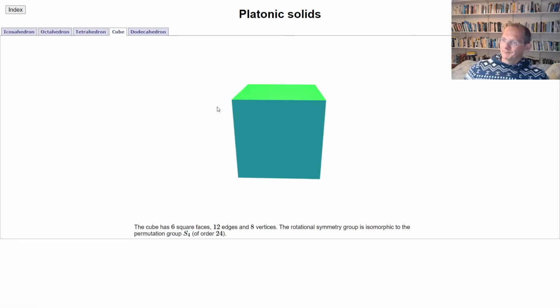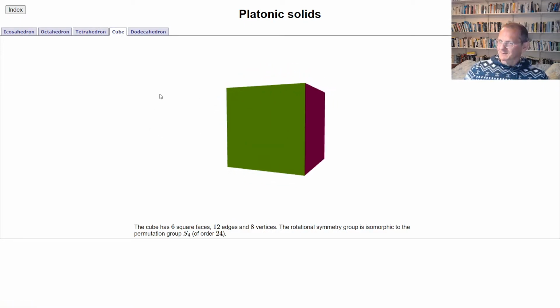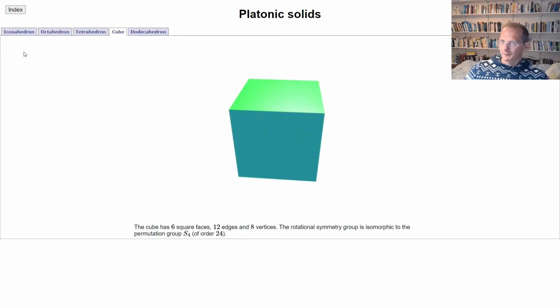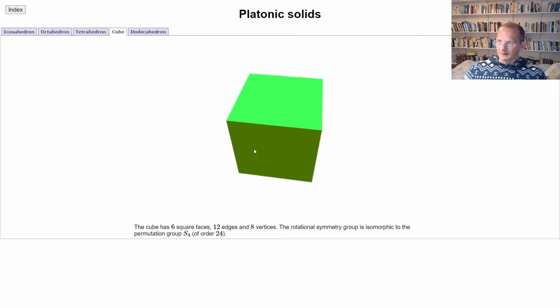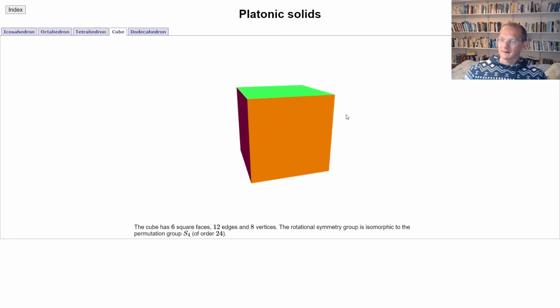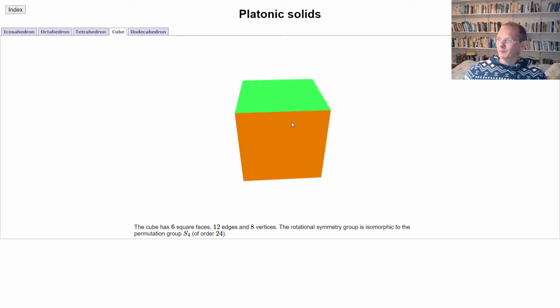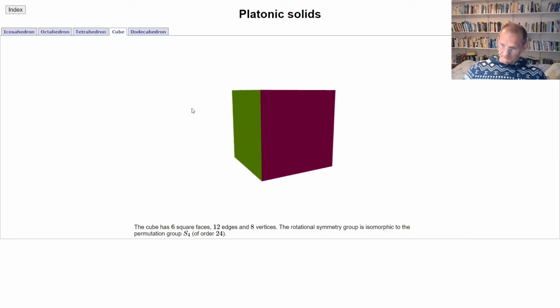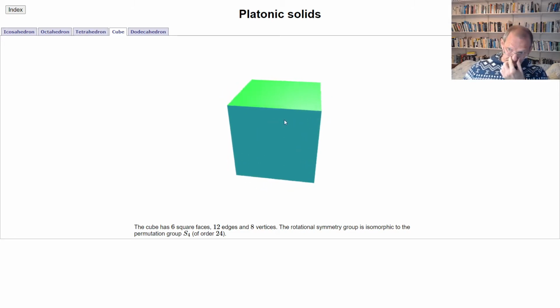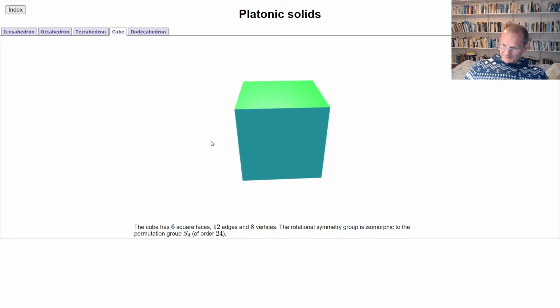Now we're going to look at the cube. Kind of simplest of these, really, in some sense. But now, the previous 3 cases we all had equilateral triangles as the faces. In this case, of course, the faces are all squares, and 6 of them. There's 1 on top, 1 on the bottom, and 4 around the middle. 12 edges. So again, you can say there's 6 square faces with 4 edges each, makes 24, but then as usual each edge occurs twice, from 2 different faces, so we have to divide that 24 by 2, and there's 12 edges,